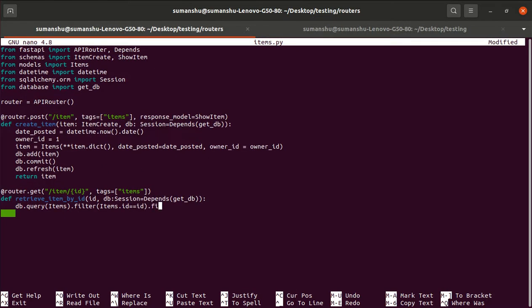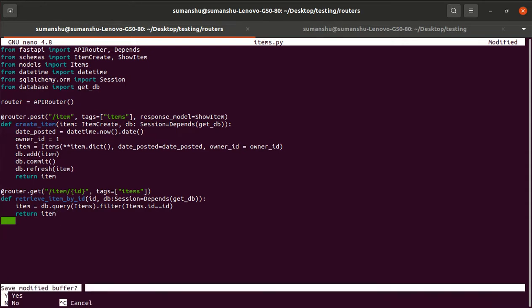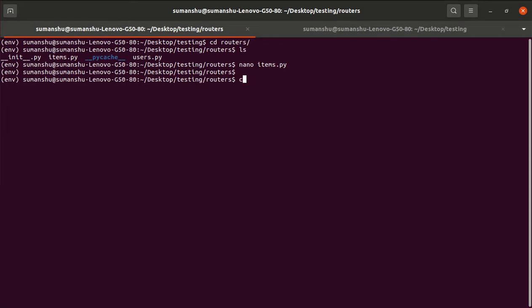Whether we use the first keyword or not will not matter. It will return the item, and we return the item. That's it. Slowly we will see so many other things, but right now this basic function is ready. So let's save it.